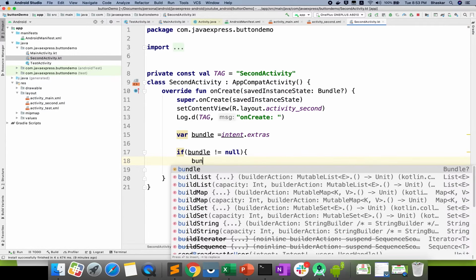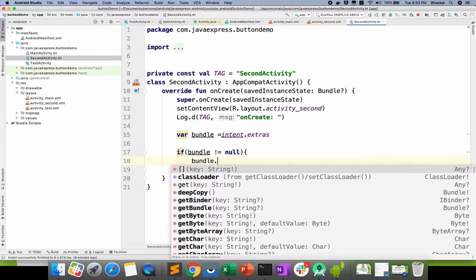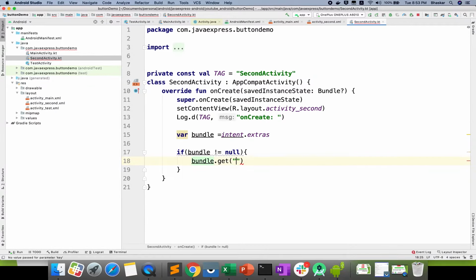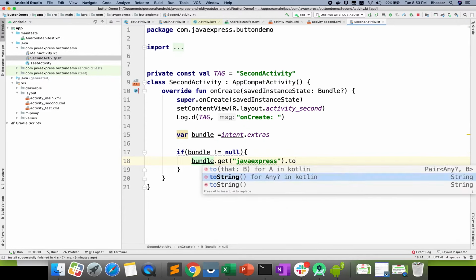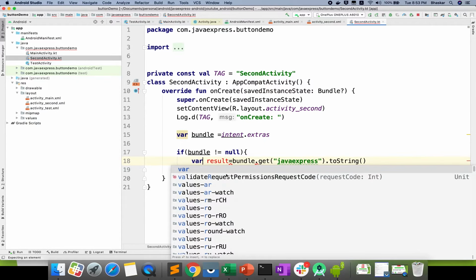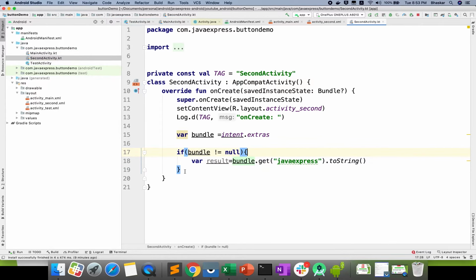Now what I will do is bundle dot get, there is a key. You know which key I gave? I gave Java Express, right? You need to convert it into a toString. If you give toString, you will get the value as a string result. You got your, sorry, this is a var. You got your output, right? This is the result.